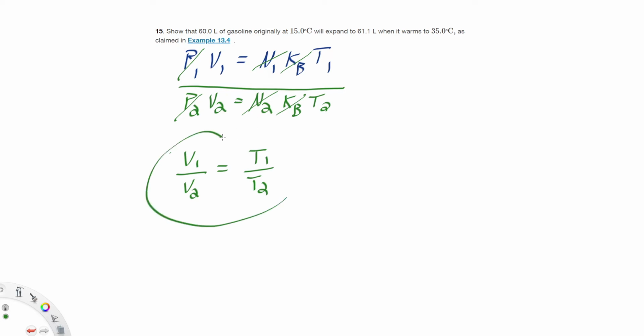But what systems does this apply to? Ideal gas. And what is it that we're dealing with in this question? Gasoline. Is gasoline a gas? No, it is not. Oh, okay, that makes sense. So instead what we want, right, is not this, because we're not dealing with a gas. What we want instead is